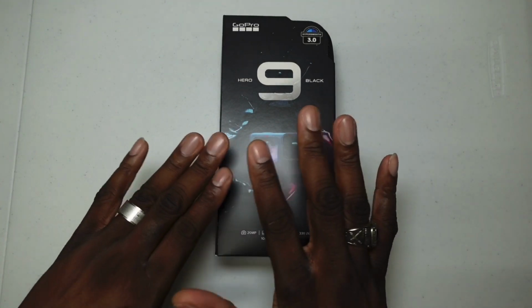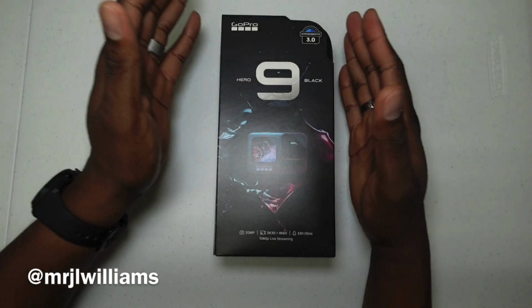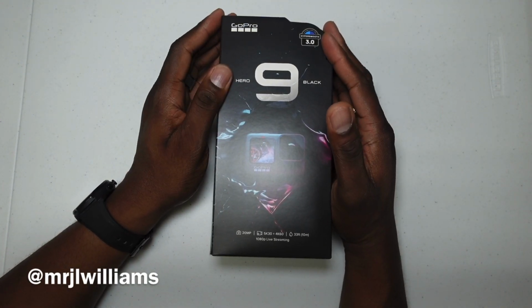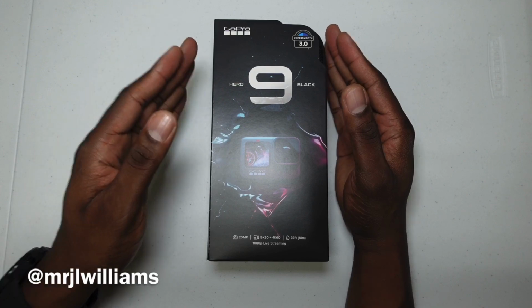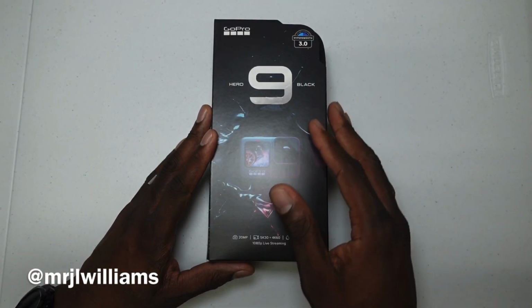The time has finally come to show you my GoPro Hero 9 Black. And I am more than excited. I've grabbed the GoPros. I started with the 7 and then I got the 8, and I have them both over here. I'll compare the size and everything in just a little bit, but this is the way it should be. They have to up their game and keep making it better. The 7 to the 8 was a huge improvement, and I'm pretty sure the 8 to this 9 is going to be an even better improvement. So we're going to crack this open, but first,